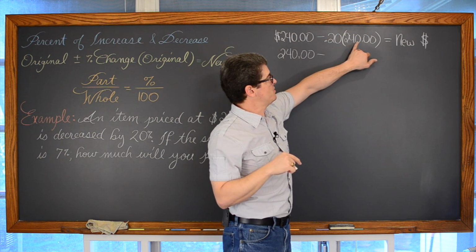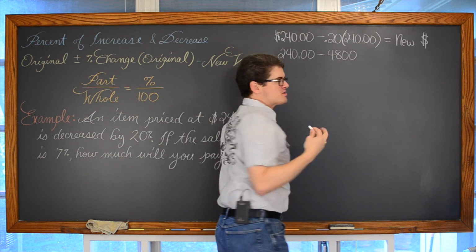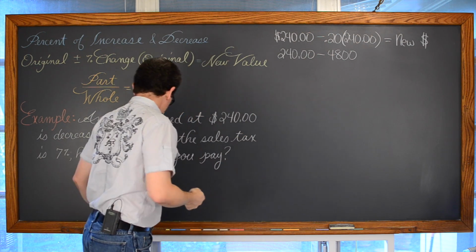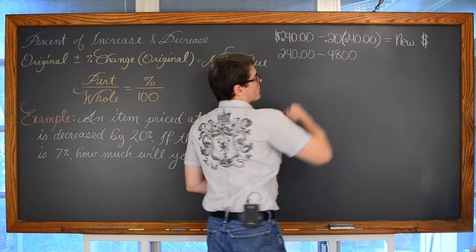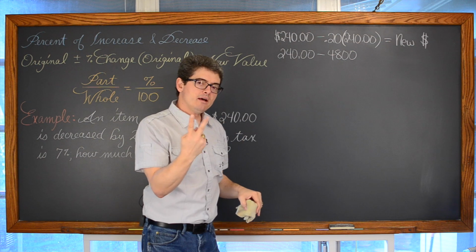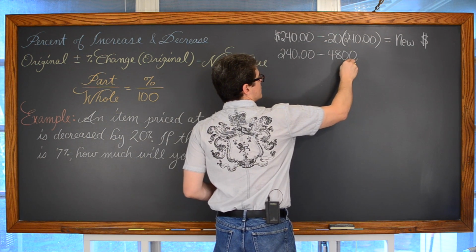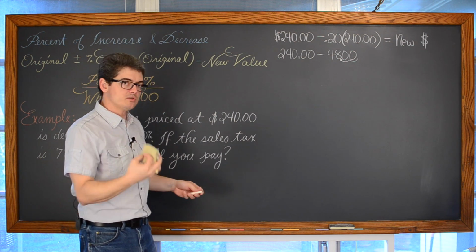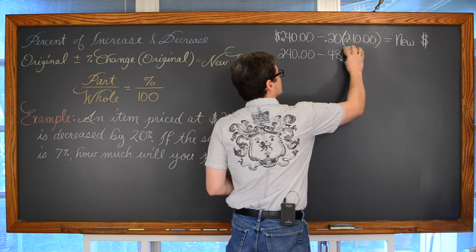0.20 times 240 is going to be 4,800. That's what you would get if you hadn't moved the decimal to the left 2 places with the 20% like you should have, because 2 times 24 is 48. But now when you look at this, that's 0.20. We have basically 2 decimal places in here moved over, so we need to move that decimal over here 2 places and realize that 0.20 times 240 is 48, not 4,800.